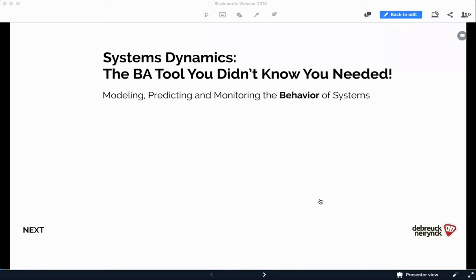Let's kick off. As a good business analyst, I would like to kick off with the question why we are doing this presentation. That's always a good question. Why are we spending time on this? Let me tell you a story about Mr. Patient. Imagine someone that has a life-threatening disease, and he needs to be treated, and he talks to his doctor, and the doctor says, okay, Mr. Patient,